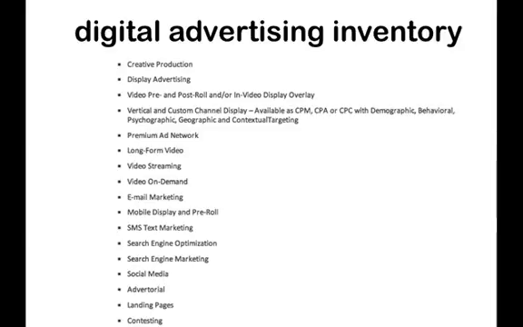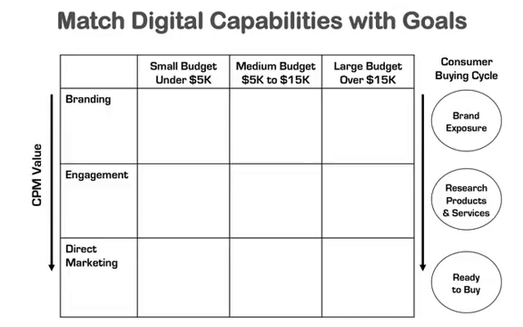Something might still be available for sale, but maybe a couple reps didn't find a lot of success with it, so it just kind of fell by the wayside. But you might be really excited about it and find a way for it to work. So make a complete list of every digital advertising capability that you have available within your local media organization. Now, here's what you're going to do with that list, because that list can be overwhelming. This is what I actually designed this to help a lot of local media reps make better sense, or to better target a smaller group of all those digital advertising capabilities based on the marketing goals of their prospects.